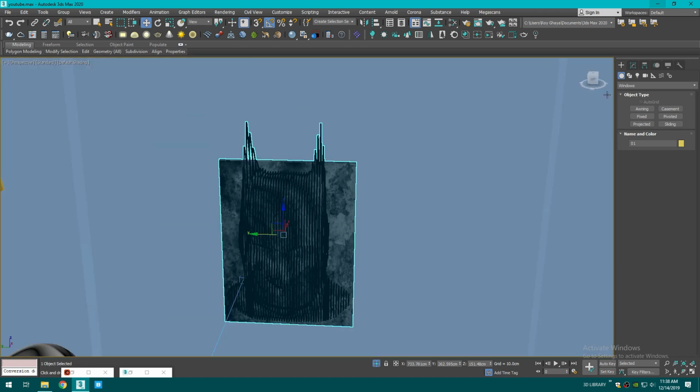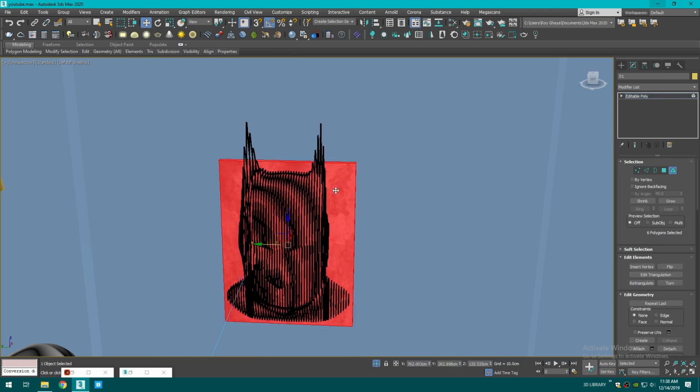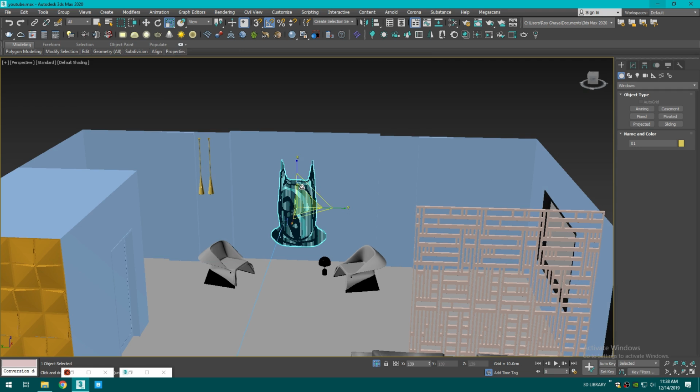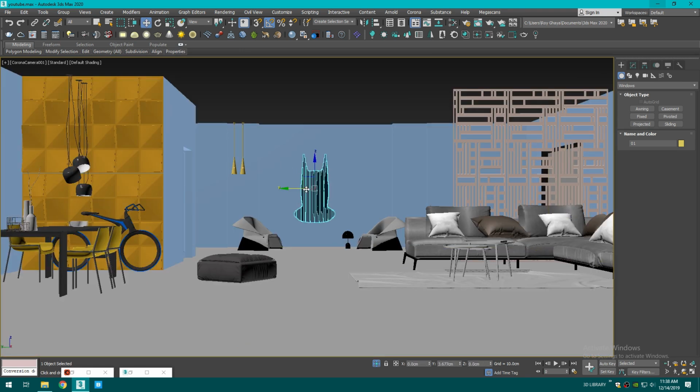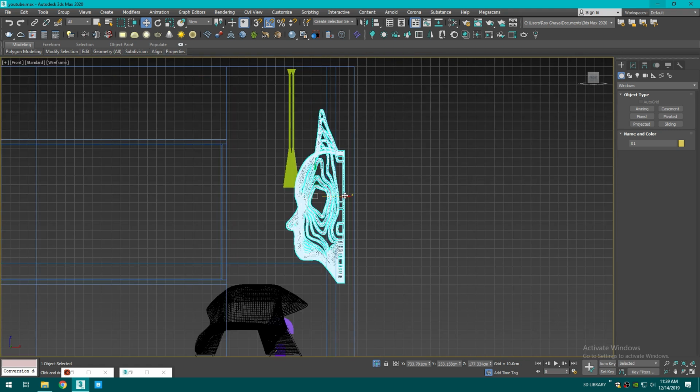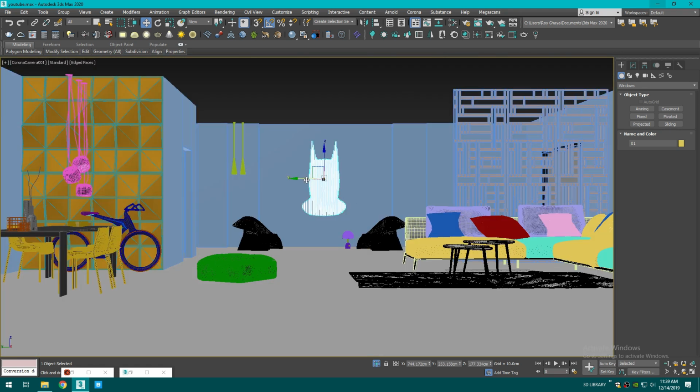I'm gonna remove the lower part of it. Make sure it's in the middle, something like that. Okay,